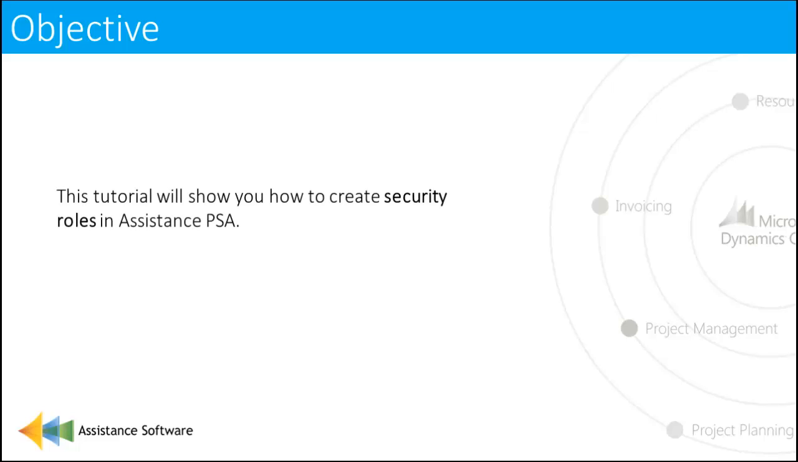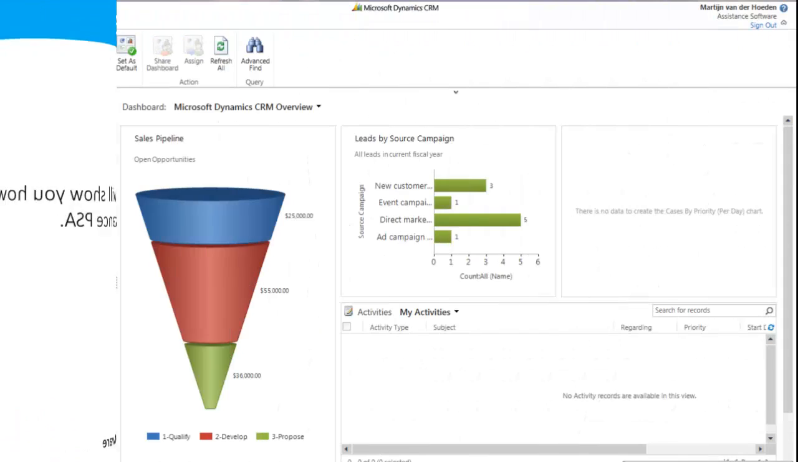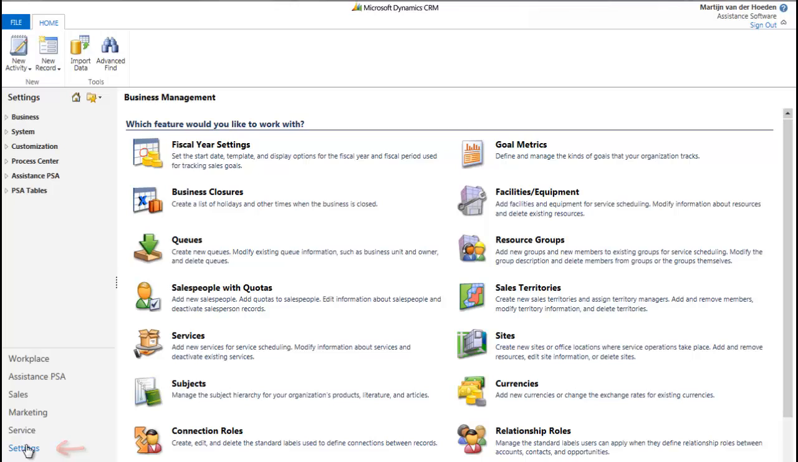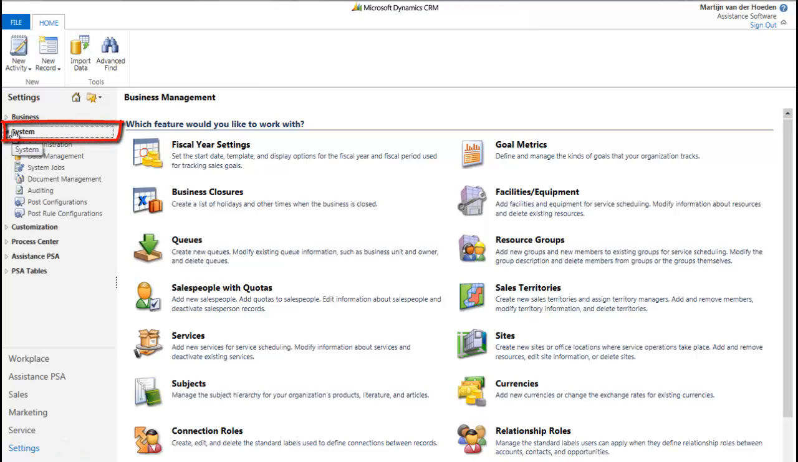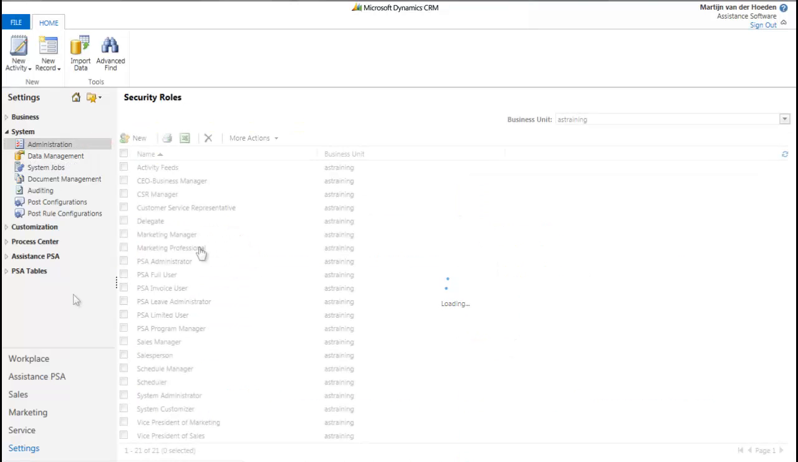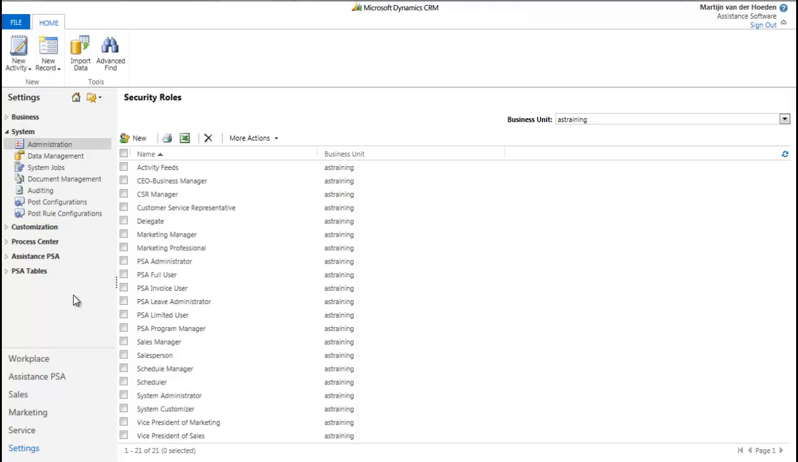This tutorial will show you how to create security roles in Assistance PSA. Click on Settings, and in the next screen, open the System menu. Now click on Administration and select Security Roles. This is where you define the standard CRM security roles, and it is also where you will define the ones